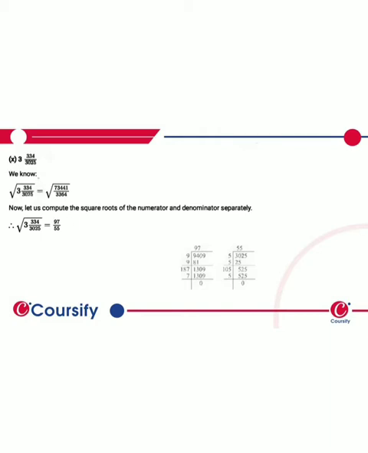So this will become, after solving this mixed fraction, the simple fraction as this: 73441 upon 3364. So solving separately the numerator and the denominator by long division method, we get 97 by 55. So these are the steps. So in 9409 we have the pair of